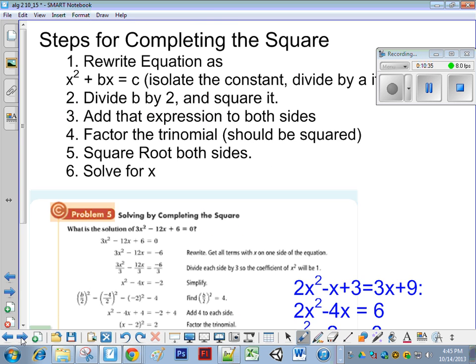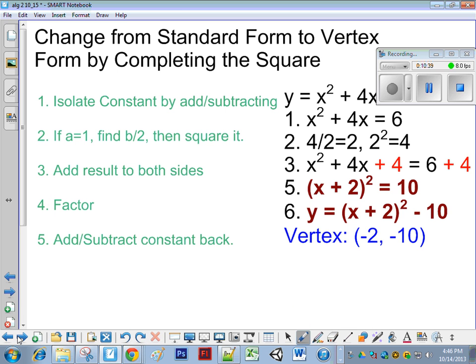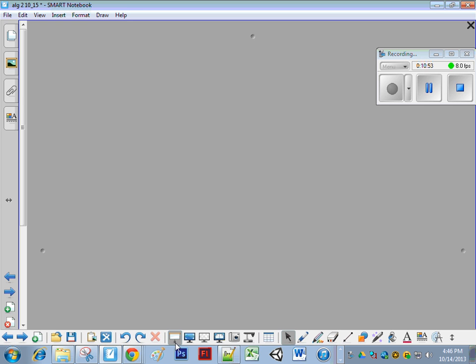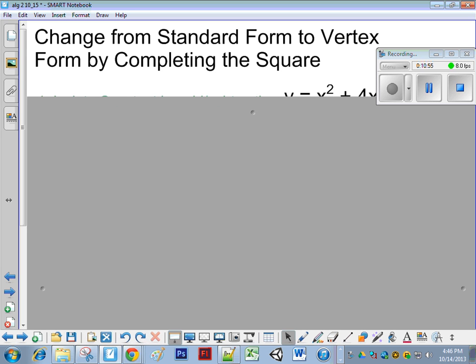Okay? Now the last part about this, so we've done this already. These are those same steps. I've done it a couple times. Now what about making it into vertex form? Now vertex form is pretty nice. So what I want to do is change it from this format. Let me go ahead and window shade this slightly. So I want to go from here,